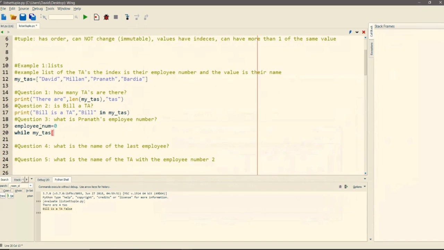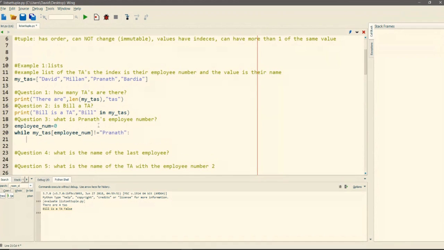We go our list, then a number. The number we want to get to, employee num. So as long as it's not Pranath, then we'll just keep looping through and looking for another one.